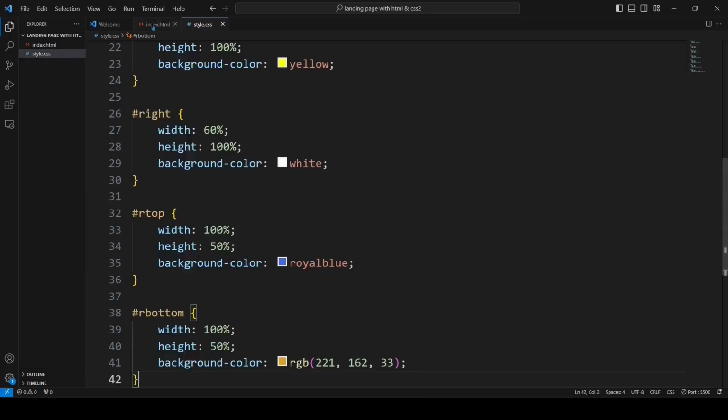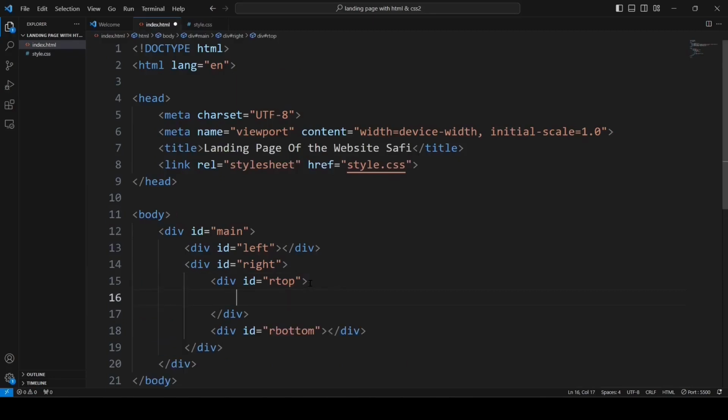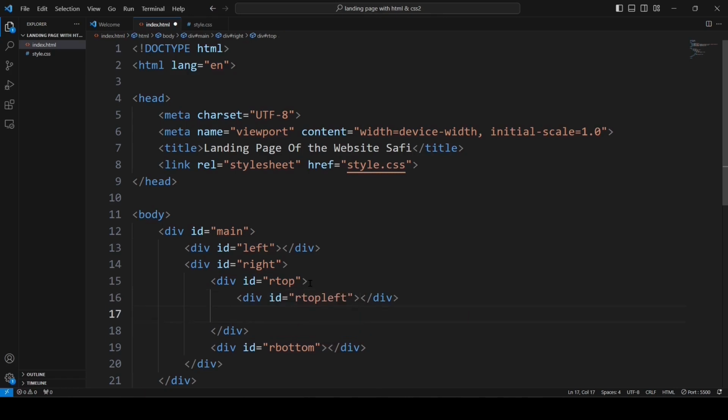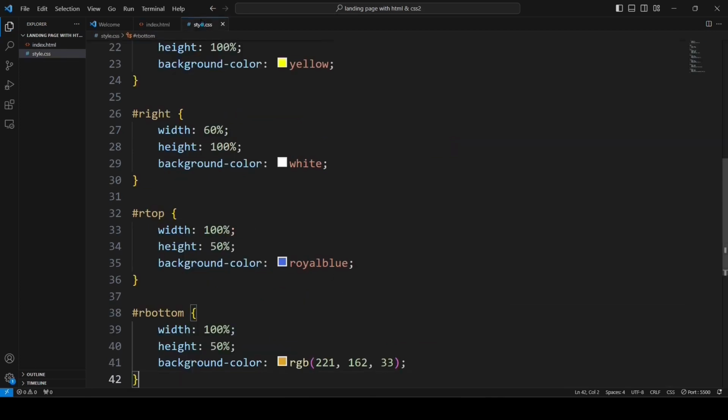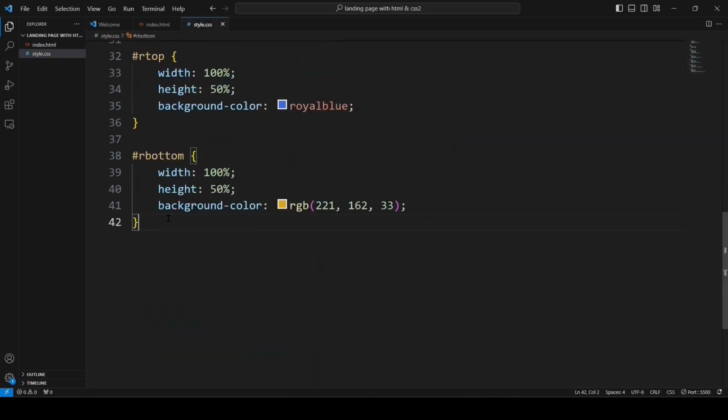And now we need to make one more part. Let's go back to Visual Studio Code. Now we come to the HTML file and we make two more divs. One needs to be the right top left div, and another one the right top right div. And now we go to our CSS file and we need to type here a right top left div, and